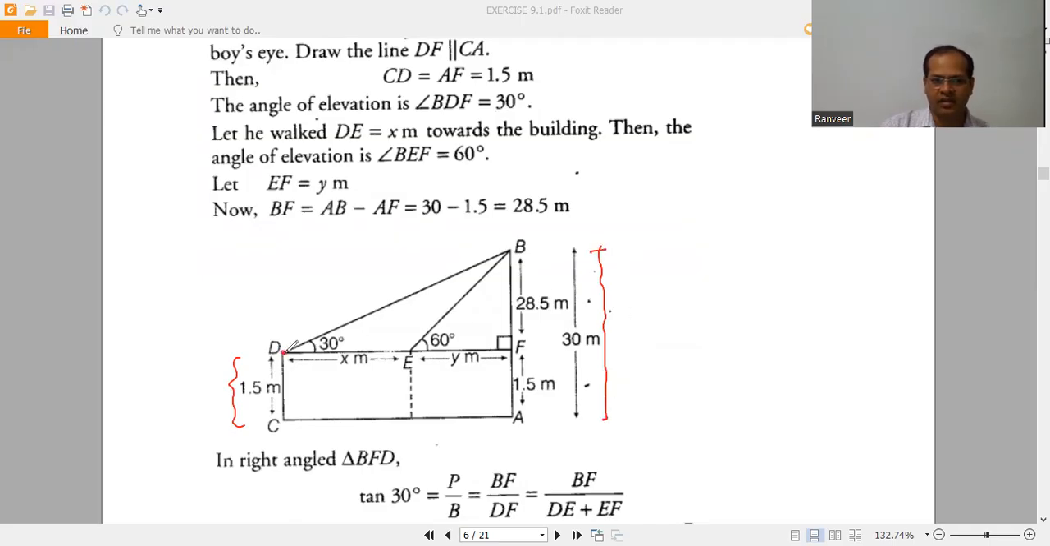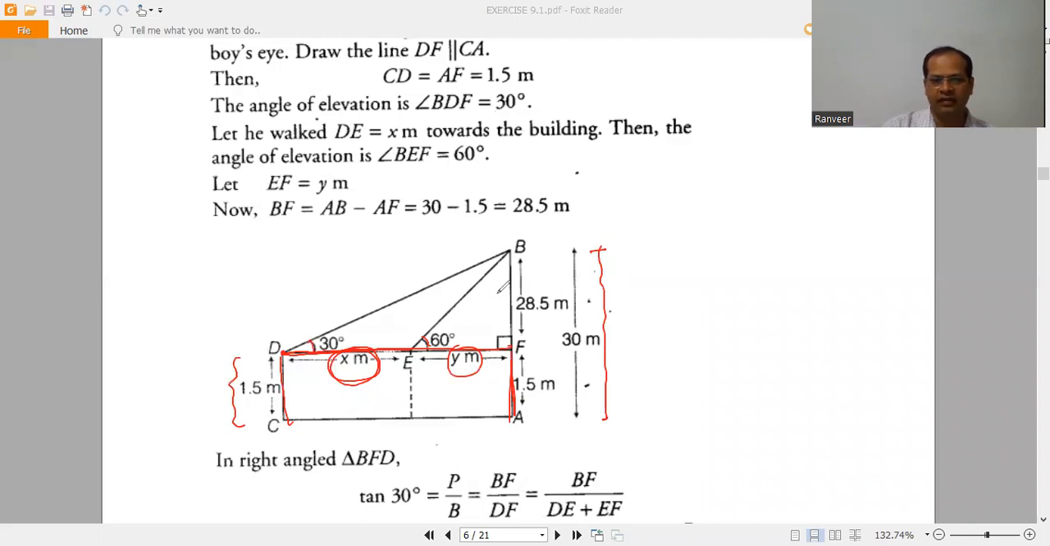Now from here, this point, he is moving towards this side, and is making an angle of 30 degree and 60 degree because the position is changing. So we have to find out this value x and y. So this is 1.5 meter, so definitely this is also 1.5 meter. So first of all,